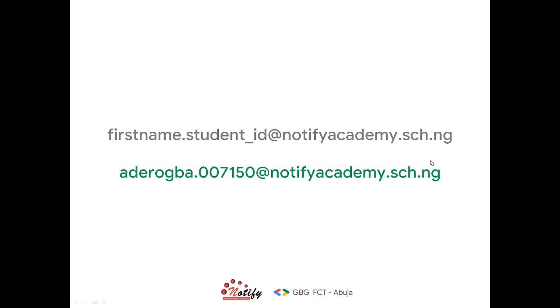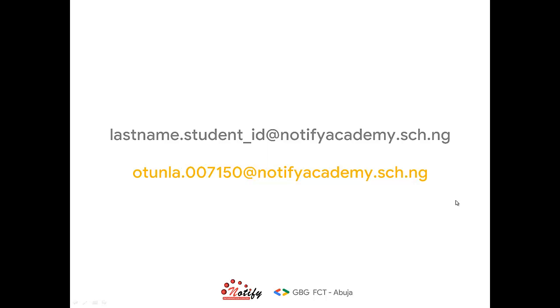Also, for schools that have a large number of students, you can have the student's first name dot student ID, at the name of the school. So in this case, it will be something like, let's say, adorable dot 007150, which is actually maybe my student number, at the school. And also we can have another model that gives us last name dot student ID, so my surname, Otunla dot,